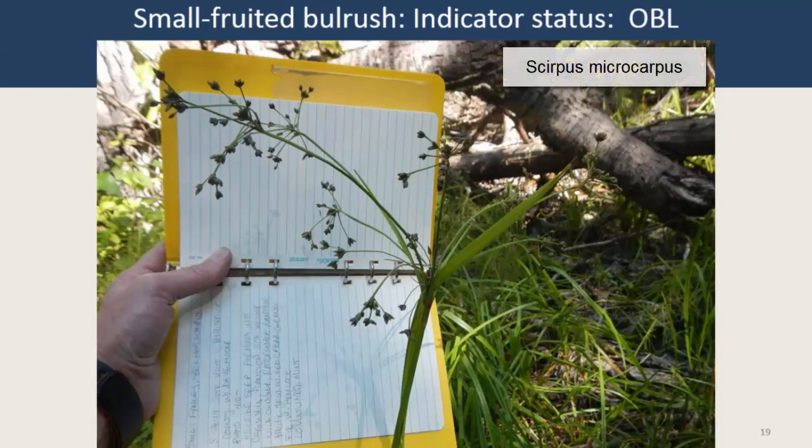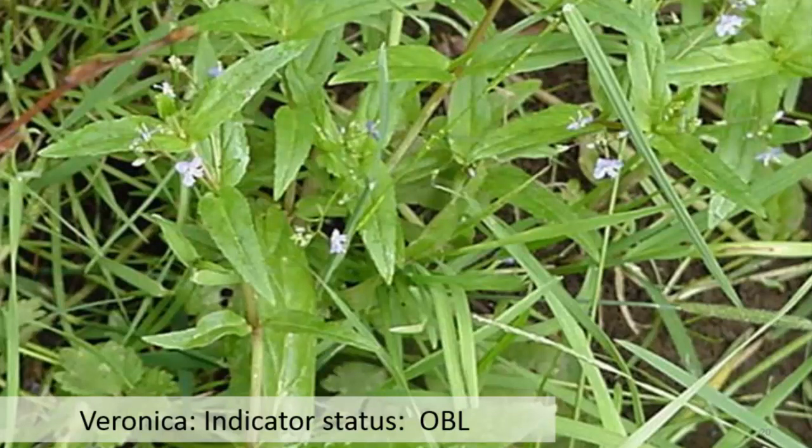It's called Scirpus microcarpus or small fluted bulrush. The common name is confusing because its leaves look like a sedge and its stem is triangular at the top and round at the bottom. While it usually grows about 3 to 4 feet tall, it can grow up to 5 feet tall in a high nutrient environment. This is Veronica anagallis-aquatica or water speedwell.